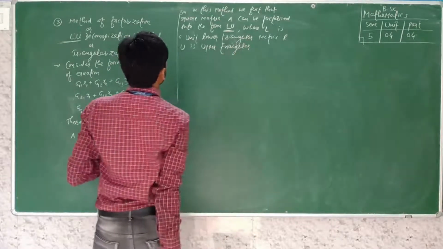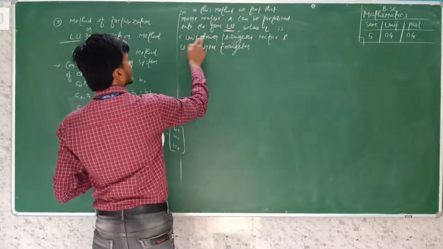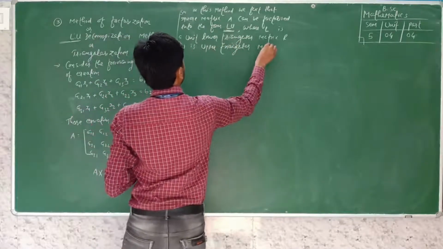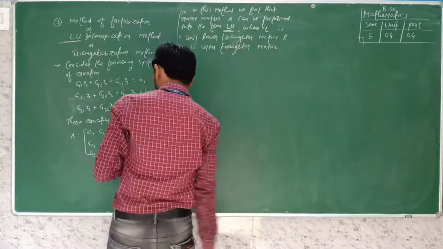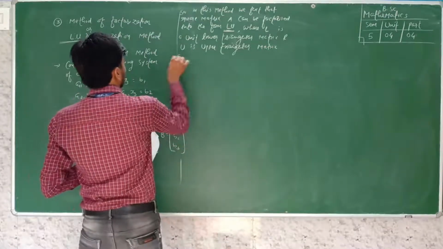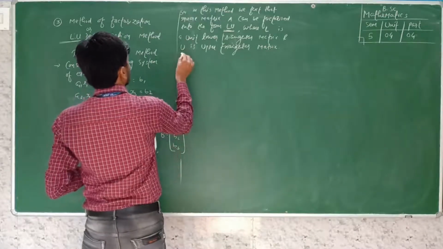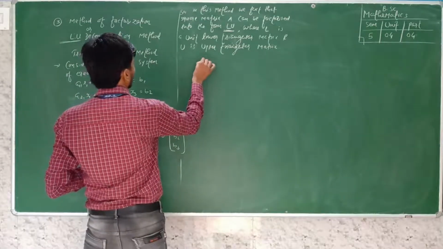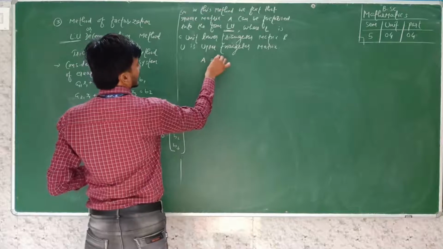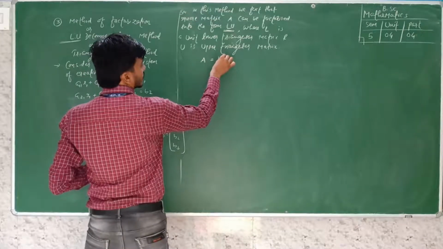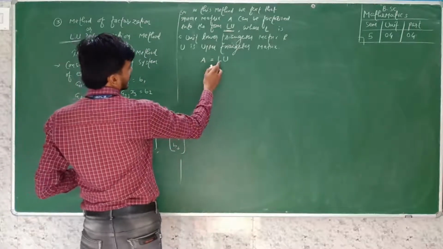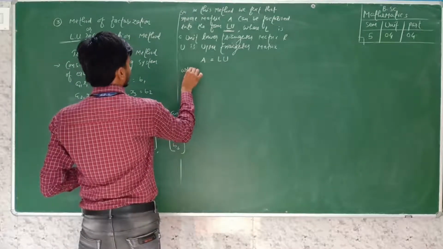Both are triangular matrices, but L is unit lower triangular and U is upper triangular. So we can write this in mathematical form: A can be factorized into the form of LU, where